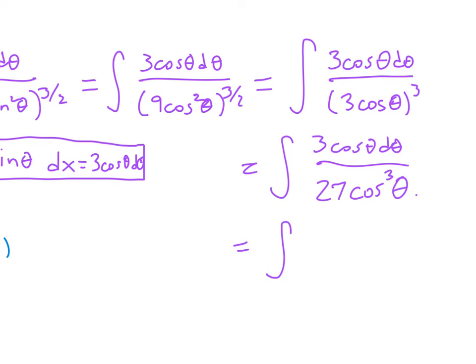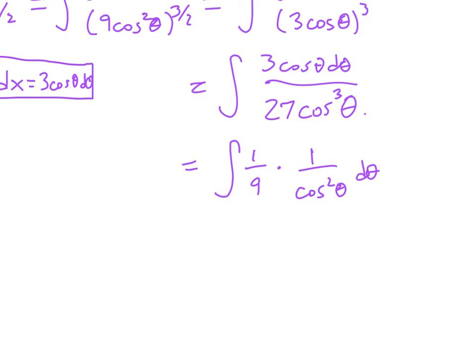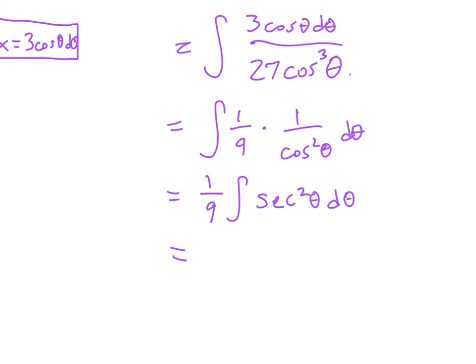If I simplify that, I get 1/9, which I can pull outside the integral if I want to, times 1 over cosine squared theta d theta. And then that can be rewritten as 1/9 times the integral of secant squared theta d theta. Now, think to yourself, why in the world might it be advantageous to have an integral of secant squared theta? When you think about it, that's a very recognizable function in calculus. That is the derivative of the tangent function. That is 1/9 tangent of theta